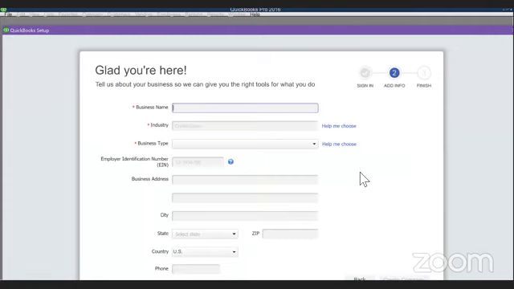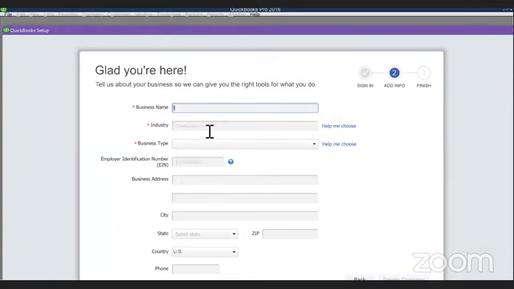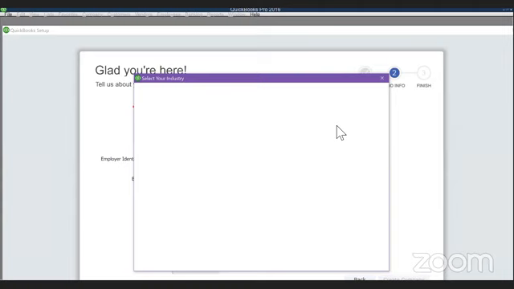You put a business name. For the time being, I'll just say IDM, or we'll say XYZ. Industry, you can always go and check the industry. QuickBooks gives you the options where it has all, like I said before. If you click it, it will suggest all the industries which are available.